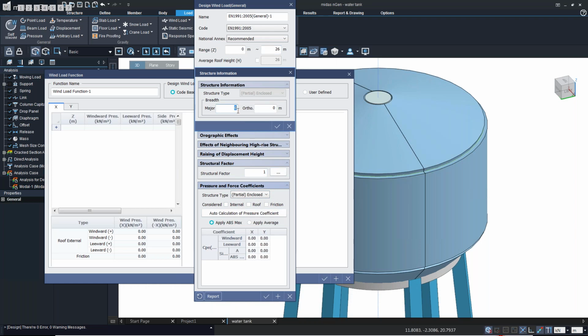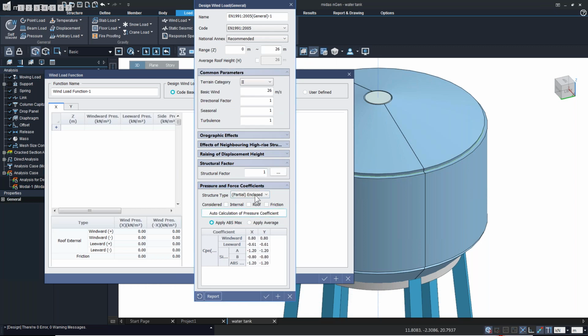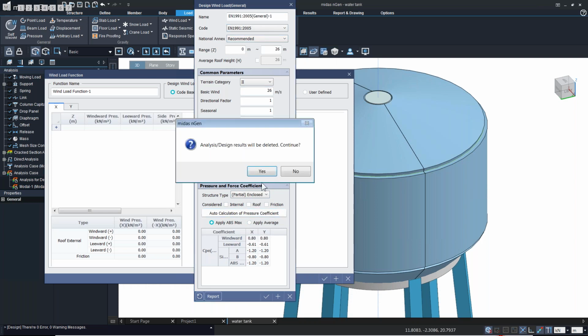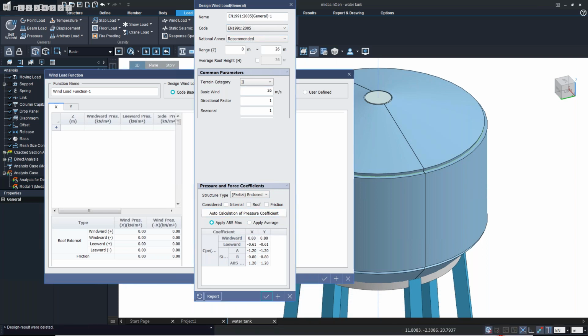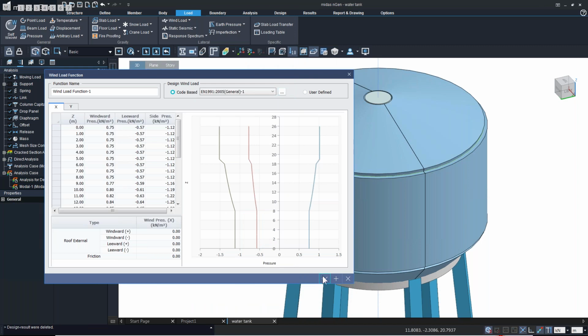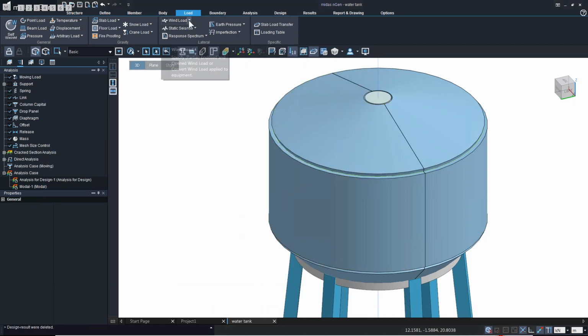You can provide the information about the breadth, which is the same 8 meters, and you can have the internal roof friction, all these types. So depending on how your structure is, you can create the wind load function. Click on OK, and after that click on OK again, and then assign this wind load function